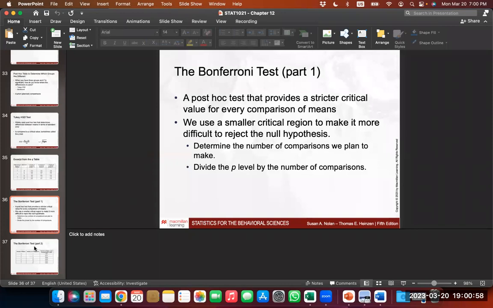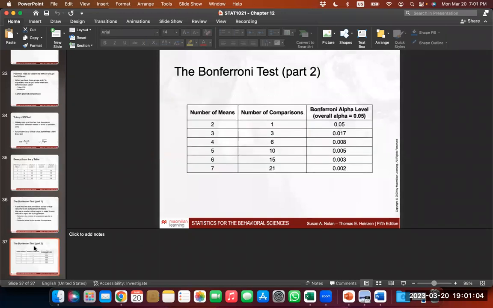So if we have 4 groups, we have 6 comparisons, so that would be 5% divided by 6. So that basically gets us here to 0.008. So that would be our threshold